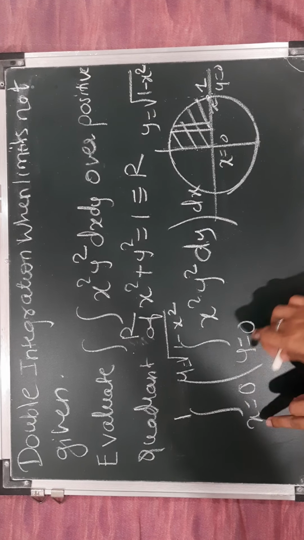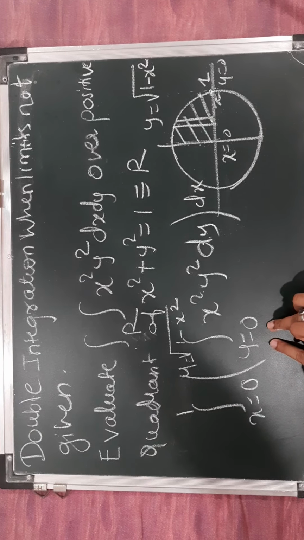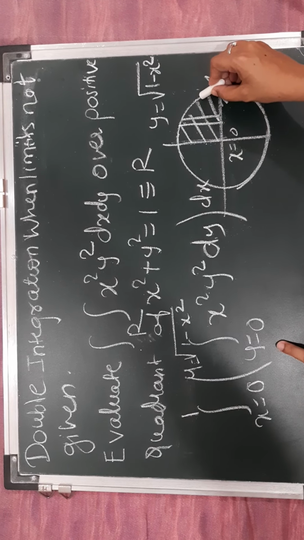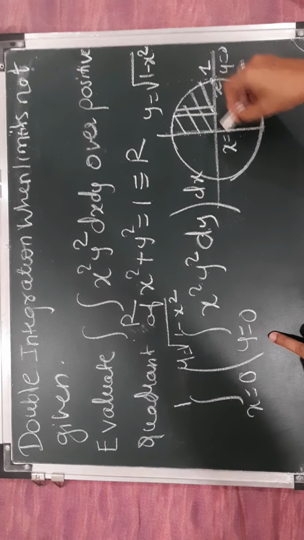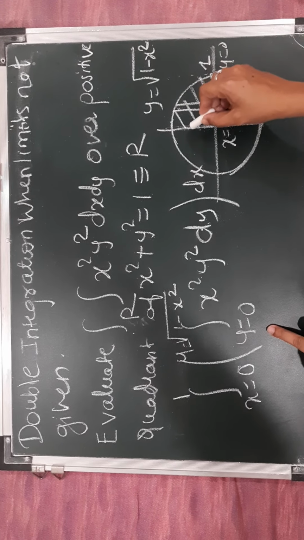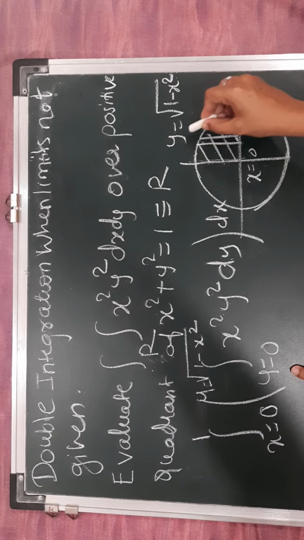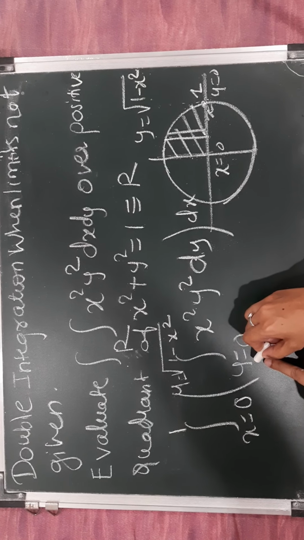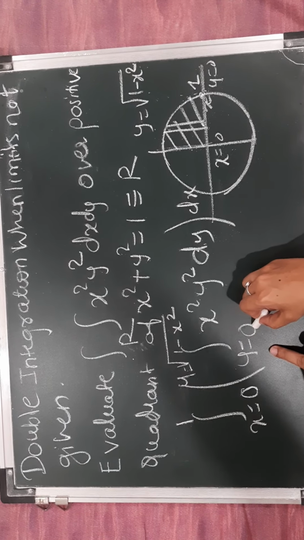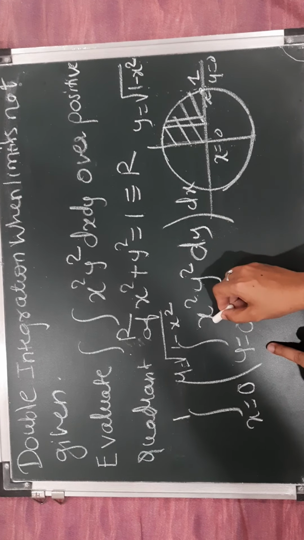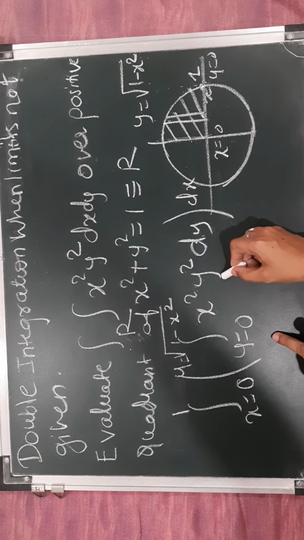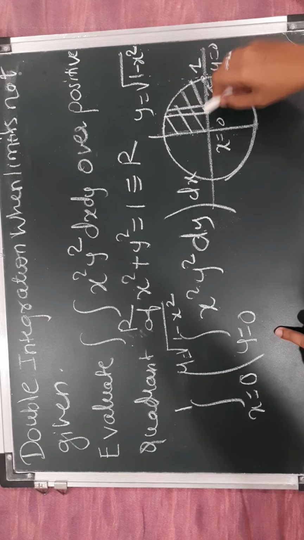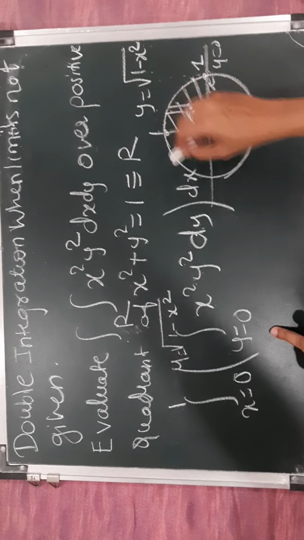Similarly, I can interchange this role by taking first the inner limit of x, for which I will have to consider the horizontal strip. If I consider the horizontal strip, then the lower limit of x is 0, and the upper limit of x I won't take 1 because the upper limit is this curve. So for that x will become root of 1 minus y square. Then I will do the integration of x from 0 to root of 1 minus y square with respect to x first, then do its integration with respect to y. The horizontal strip, when I move from down till up, the minimum value of y is 0 and the maximum value of y here is 1.